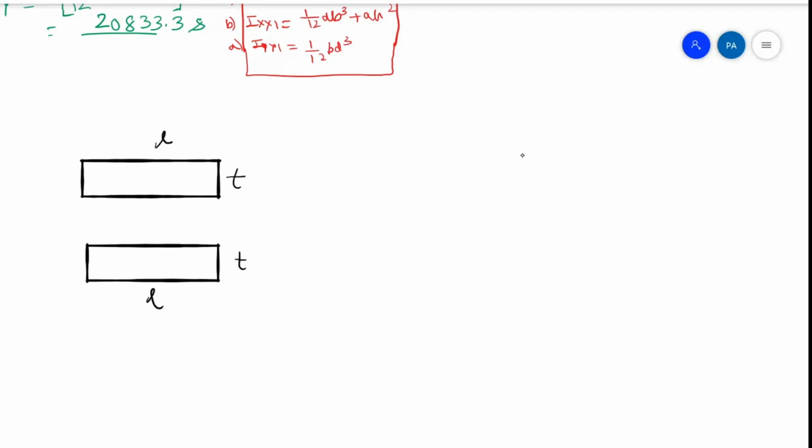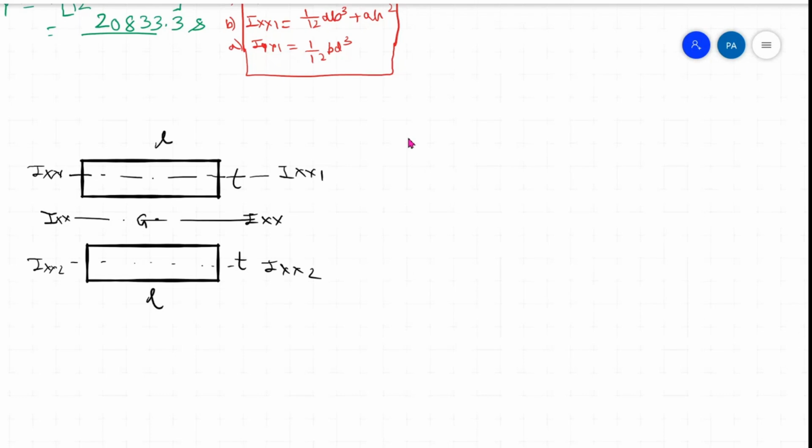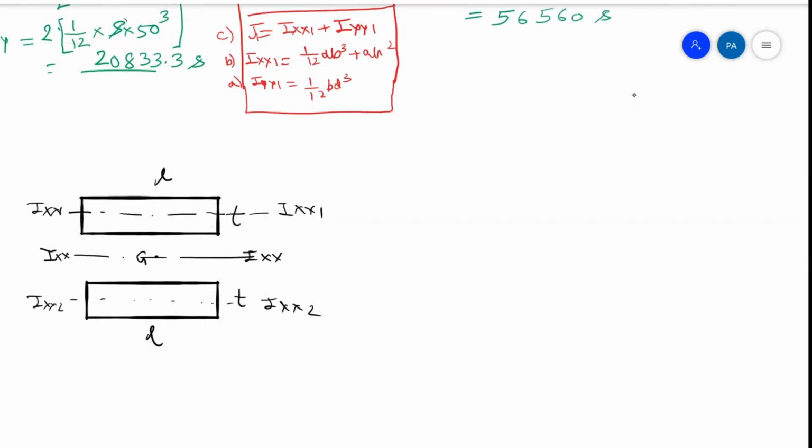We know there is somewhere G here. So I will say this is Ixx. This is CG of this weld system. So this is Ixx1, and this will be Ixx2. No, I told you what we have to find. We have to find Ixx. What I will do is